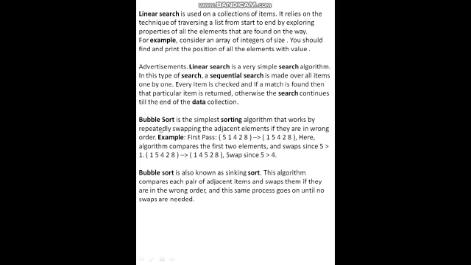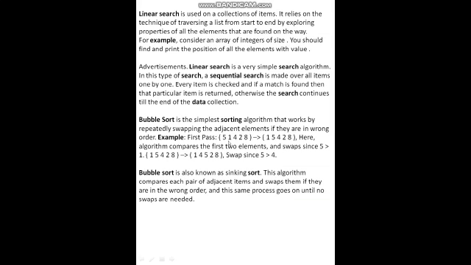Now, sorting. Sorting and searching definitions are in your syllabus. You will prepare those definitions from your book. In sorting, there are two types: selection sort and bubble sort. In your syllabus only bubble sort is there, not selection sort. Bubble sort is the sorting process where we can arrange the array elements in descending or ascending order. Bubble sort is the simplest sorting algorithm that works by repeatedly swapping the adjacent elements if they are in the wrong order.